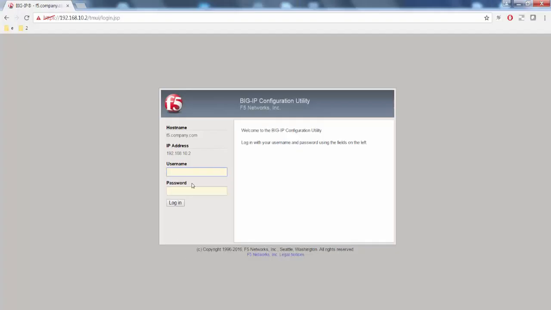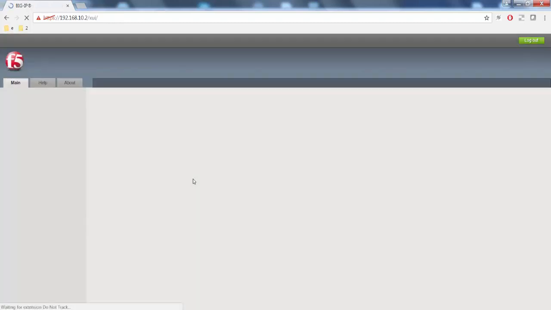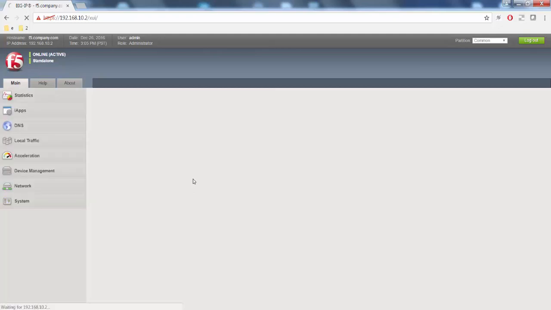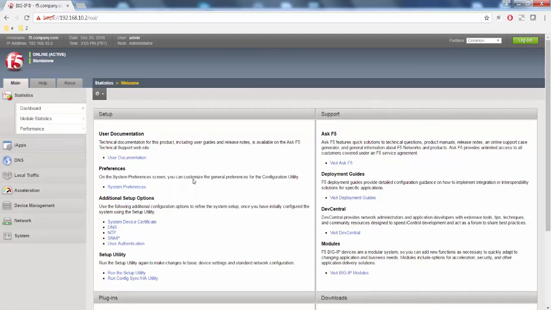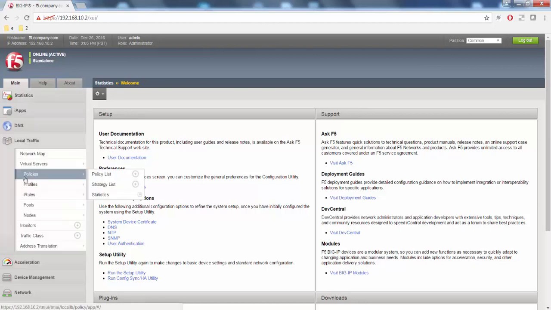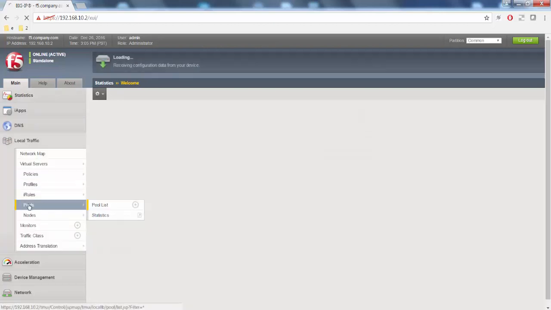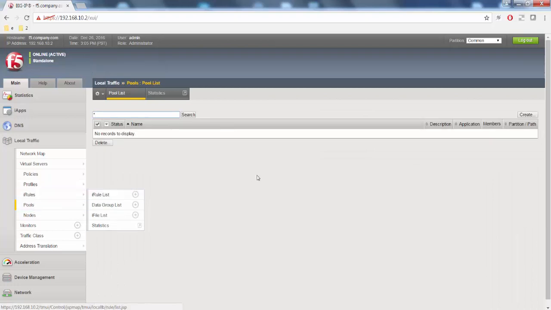If we go to the appliance and log in, we can configure the appliance from here. So if we go to local traffic, the first thing we want to do is create a pool. If we select pools, there's nothing in here at the moment. If we click on create,